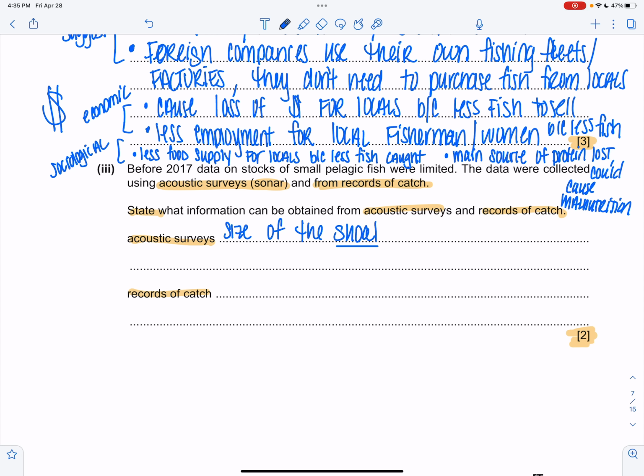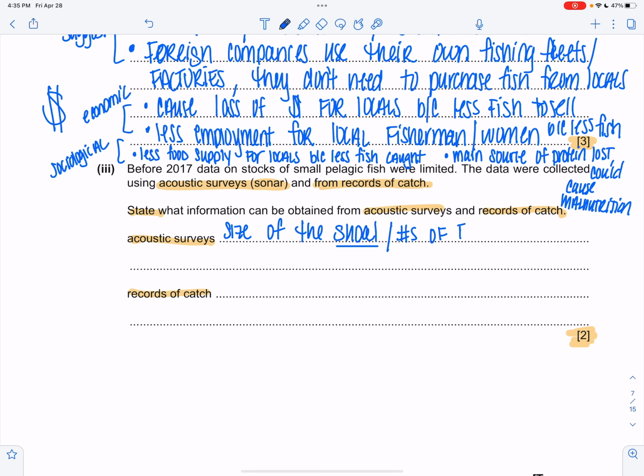They may do this for predator avoidance. They may also do this to confuse their predators. They might do this just to be a lookout for each other. There could be some breeding benefits. It could just be to also get more food. That is what fish will shoal for. And when they're having that kind of behavior, then you would say that they're acting as a shoal. So the size of the shoal, could also say the numbers